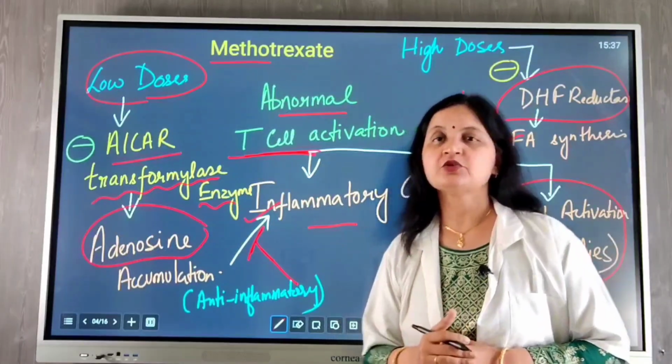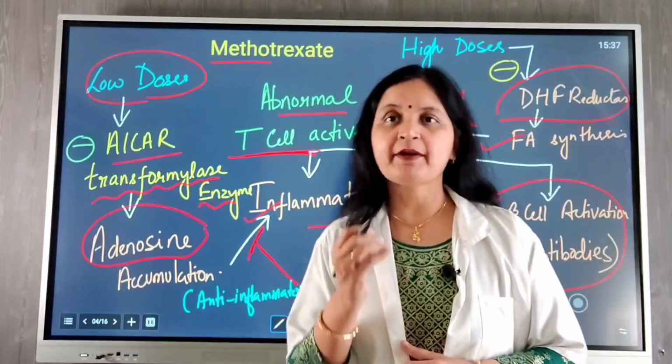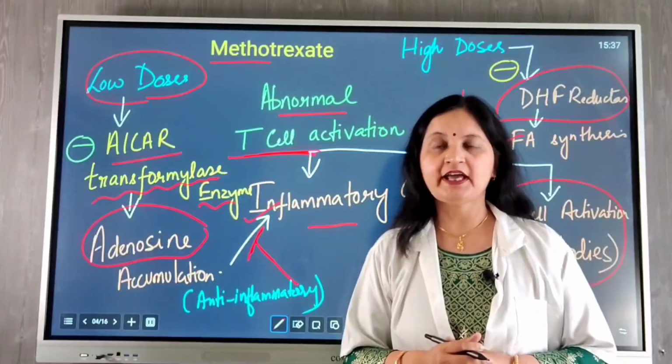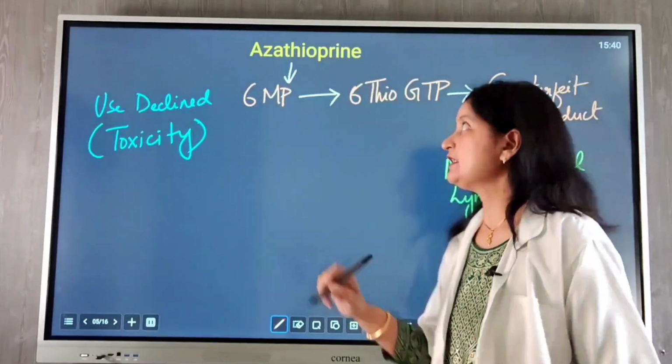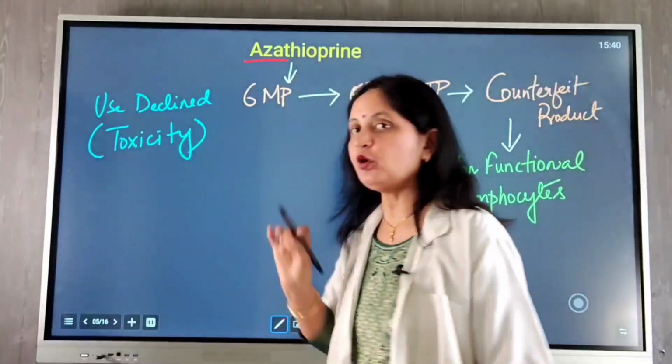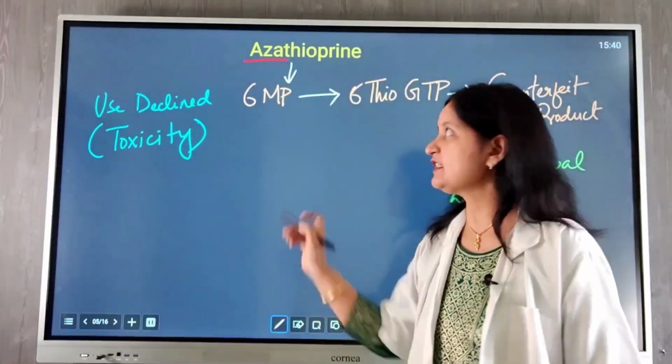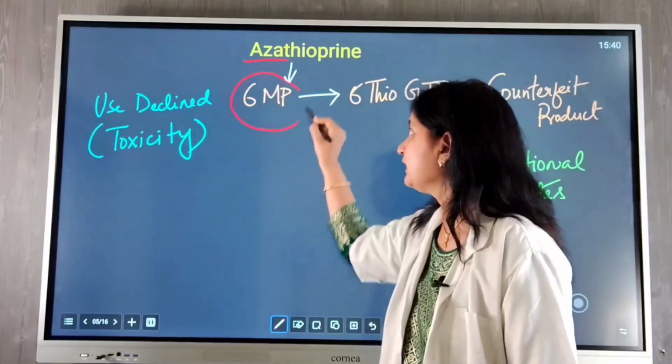However, methotrexate is known to have certain toxicities. Hepatotoxicity is one of the important adverse effects of methotrexate. Now the next drug is azathioprine, which is a prodrug, and it gets converted to 6-mercaptopurine, which is an active